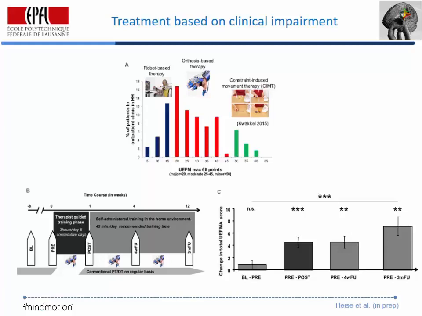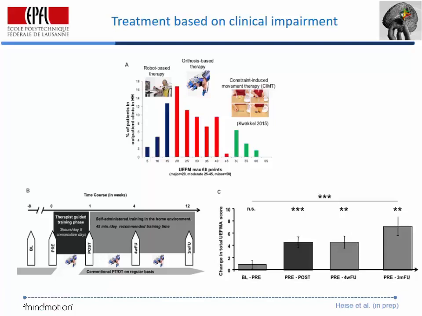Or the more impaired, they need assisted systems which take away the weight and allow them to train. And I want to show you one small set of data. These were all chronic patients, with a Fugl-Meyer score between 20 and 40, so relatively impaired. They had very limited dorsal extension and almost no extension of the fingers. So the idea was to use this orthosis to open the hand so that they can start to